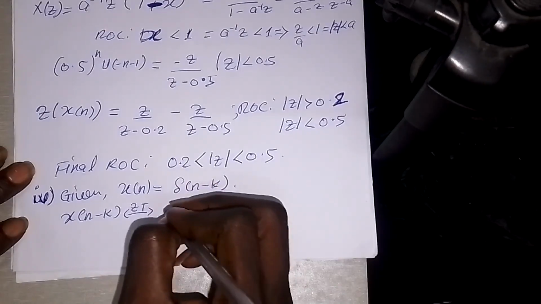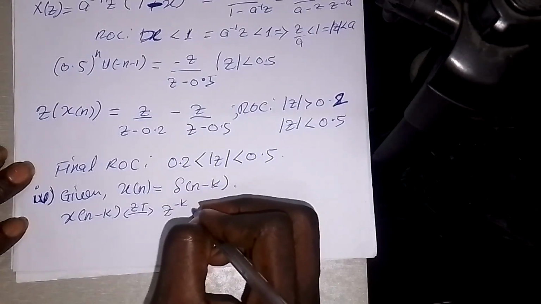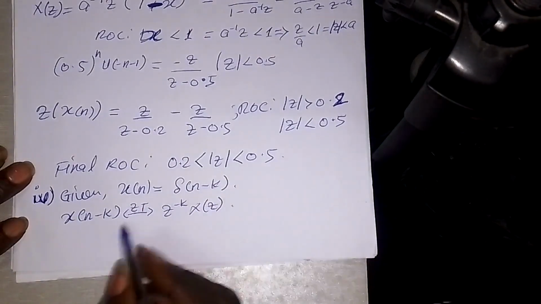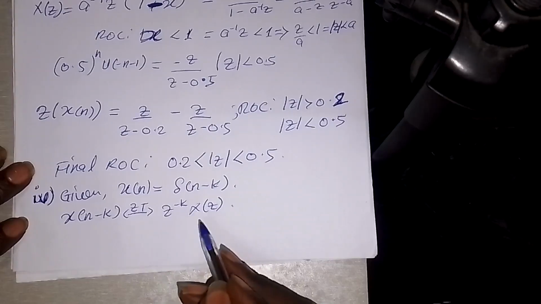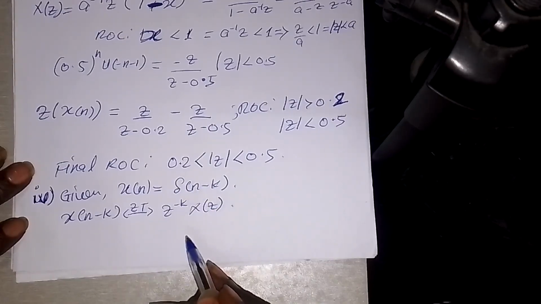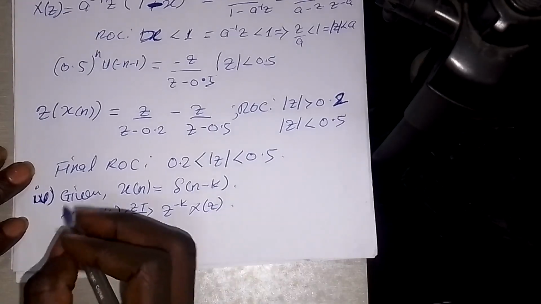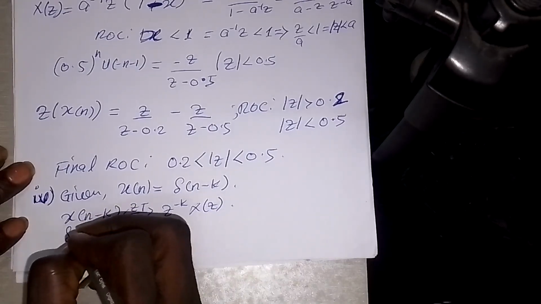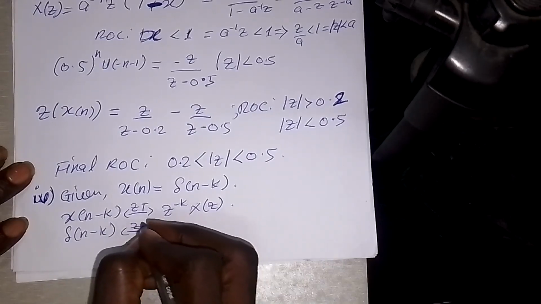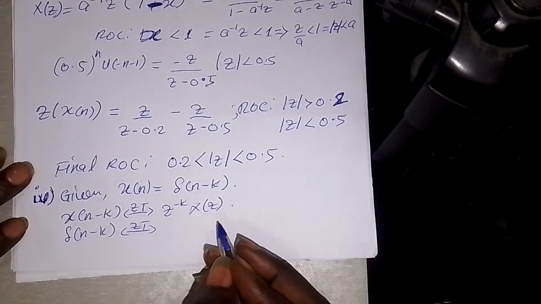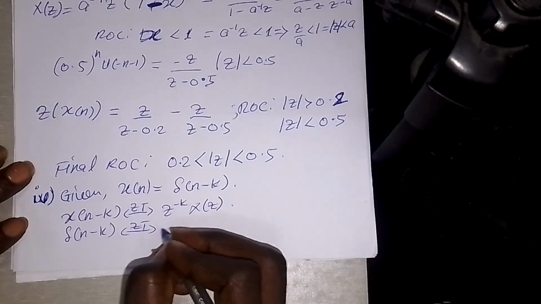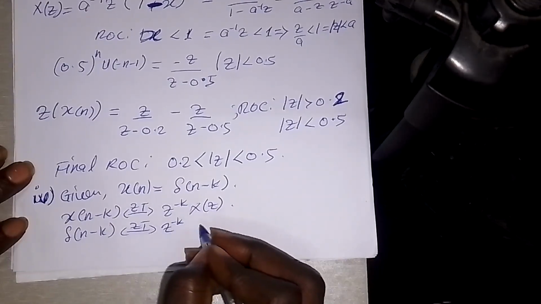of z to the minus k into X of z. So if you refer to the time shifting property, I'm sure you see something like this. Now if you just apply that one to this one, you'll be able to solve this particular question. So now if we have this delta n minus k, then its Z transform is going to be z to the minus k